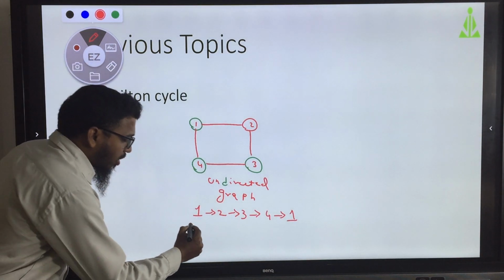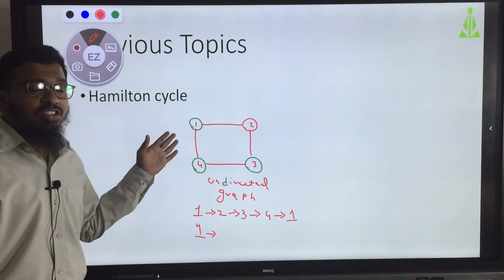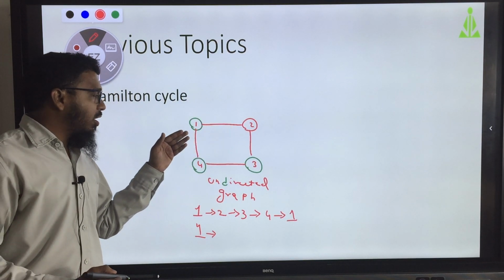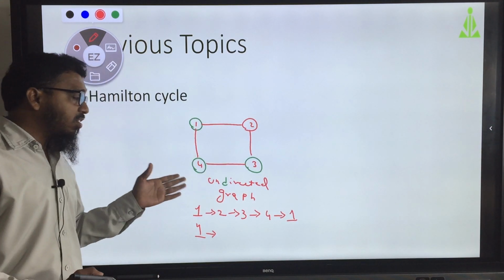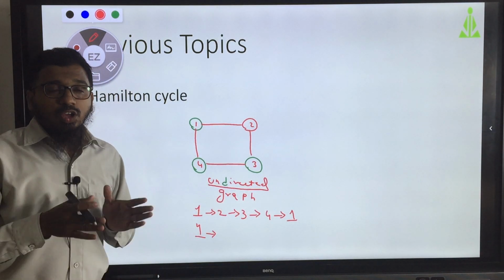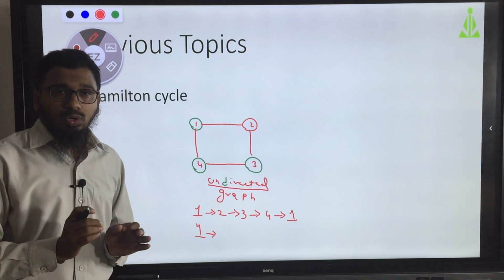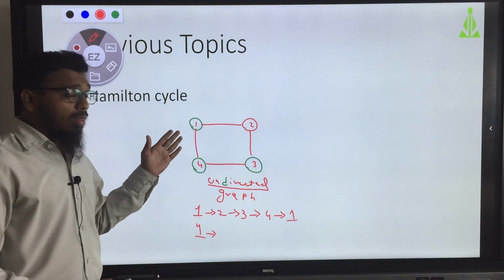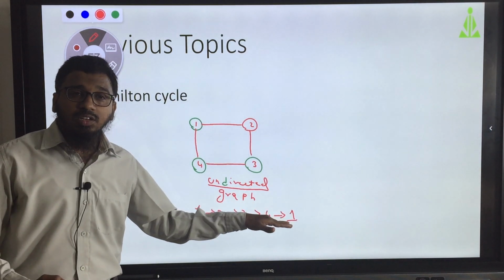Again, if you go in reverse, 1 to 4, because this is an undirected graph, you can go from anywhere, from 1 to 4 or 4 to 1. When we have a directed graph, you need to follow the same route in the direction it is going.